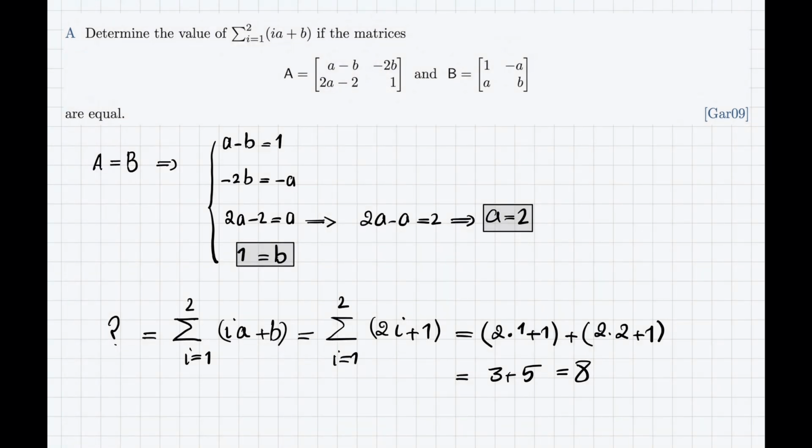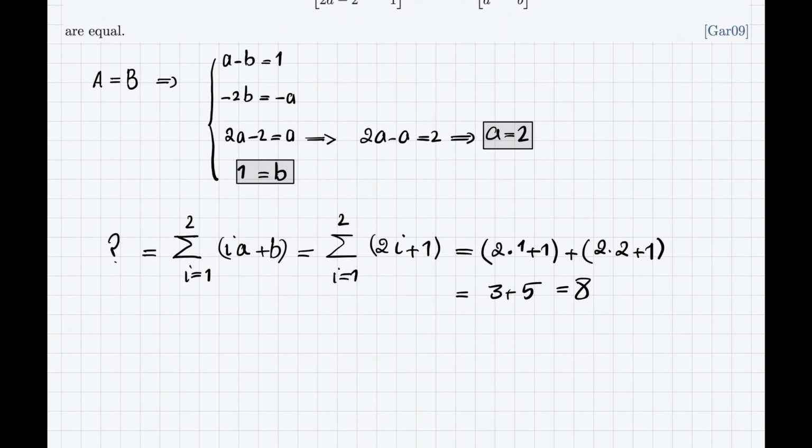Okay, so this problem was so simple. Now assume that I have asked you to calculate this sum. For example, instead of running i from 1 to 2, let us say I run i from 1 to 100. So assume that we want to answer this question: what is this sum, where i goes from 1 to 100? Of course, if I want to calculate this, it is also simple. I would write i goes from 1 to 100, and instead of this little a, I substitute 2 and I replace b with 1, so it becomes 2i